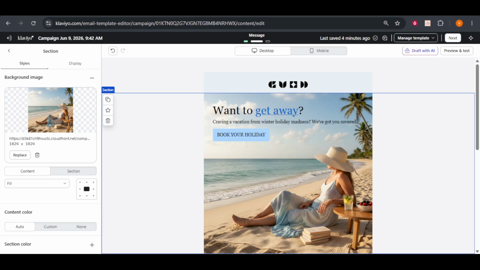In this video, I'll guide you through how to add clickable links to your Klaviyo email templates. Whether you're looking to drive traffic to your website, promote a special offer, or simply enhance the interactivity of your emails, clickable links are a crucial component of any successful email campaign. By the end of this tutorial, you'll be able to seamlessly incorporate these links into your emails, making them more